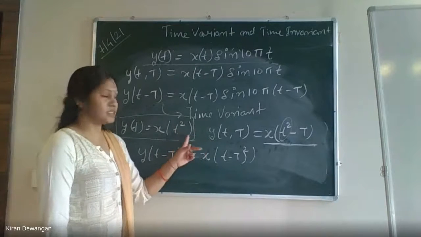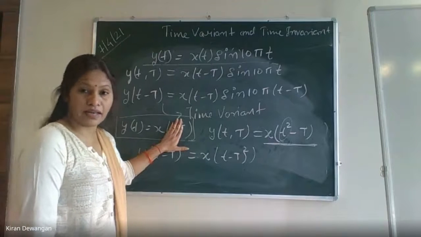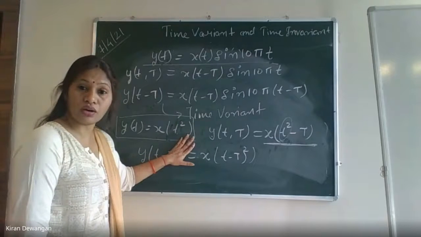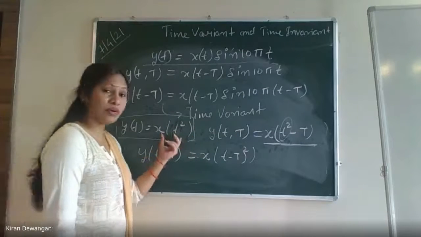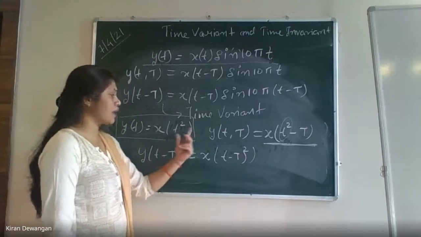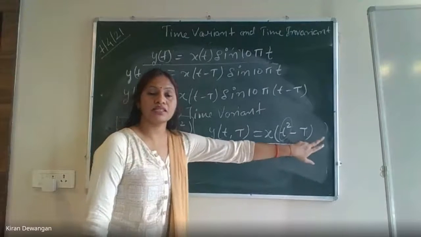Clear? So this concept should be very much clear क्योंकि ये t square एक particular t ही है. It is not anything else. तो हमें t minus t नहीं करना, t minus t का whole square नहीं करना है. It's only because हम इसमें shift कर रहे हैं, input में shift कर रहे हैं, तो t square minus t हो जाएगा. It will be like this only. T square minus t हो जाएगा.